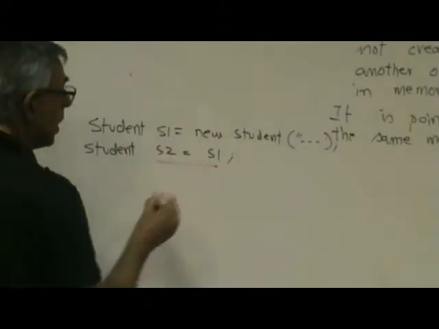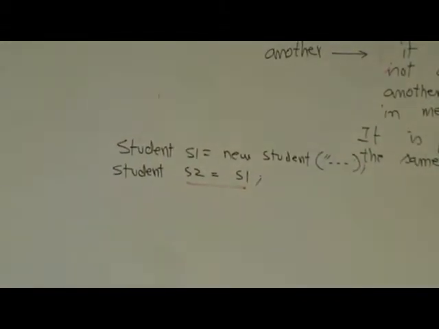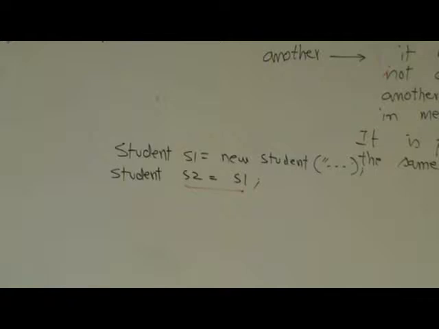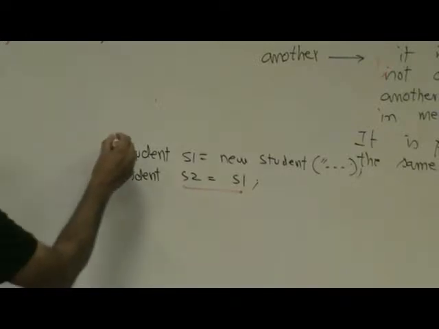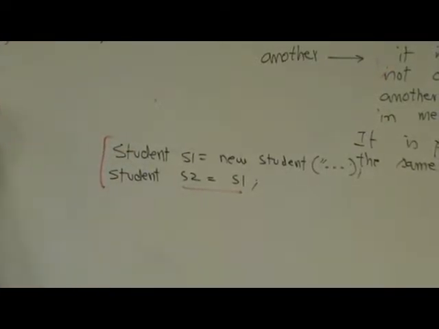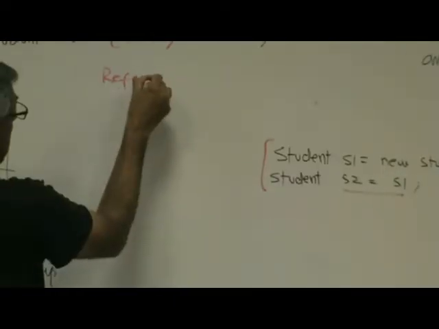So S2 and S1 are both the exact same memory. If you change S2, it will end up changing S1. If you change S1, it will end up changing S2, right? Okay, what are the other reference types? If we take a look at reference types,